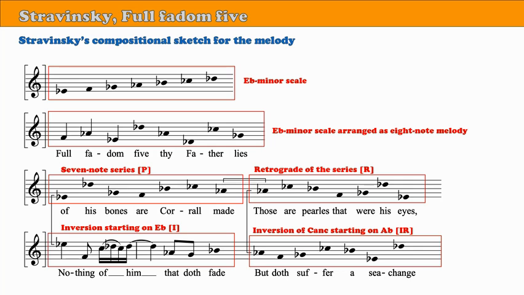Stravinsky is working with a quartet of series forms, a prime and its inversion, starting on their shared first note, and the retrograde and its inversion, starting on their shared first note. We'll talk in a moment about these series and these melodies, but now let's listen to this part of the song. You'll hear the instrumental accompaniment for flute, clarinet, and viola, but I want you to focus on the melodic line as Stravinsky has sketched and elaborated it.